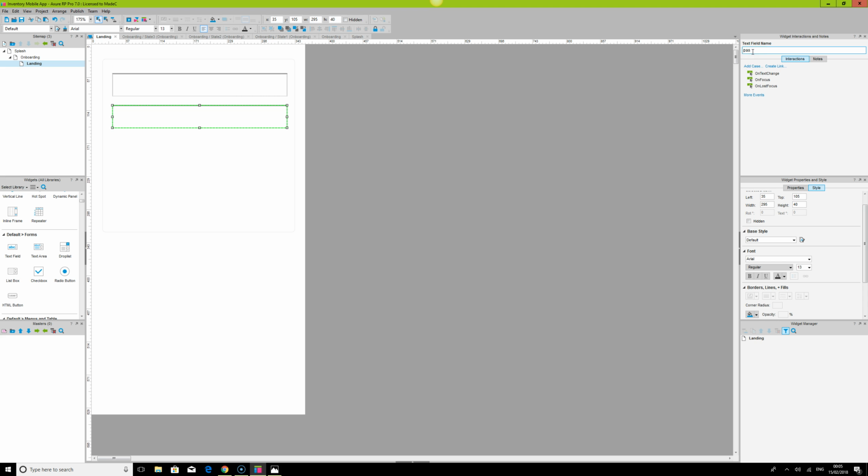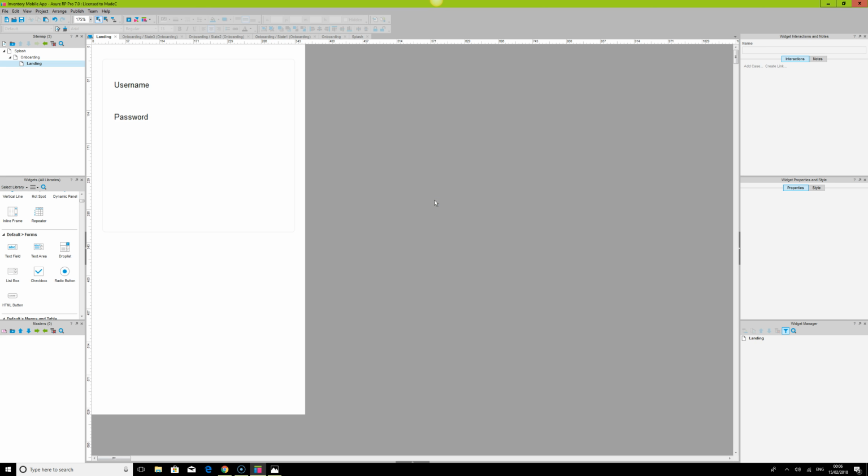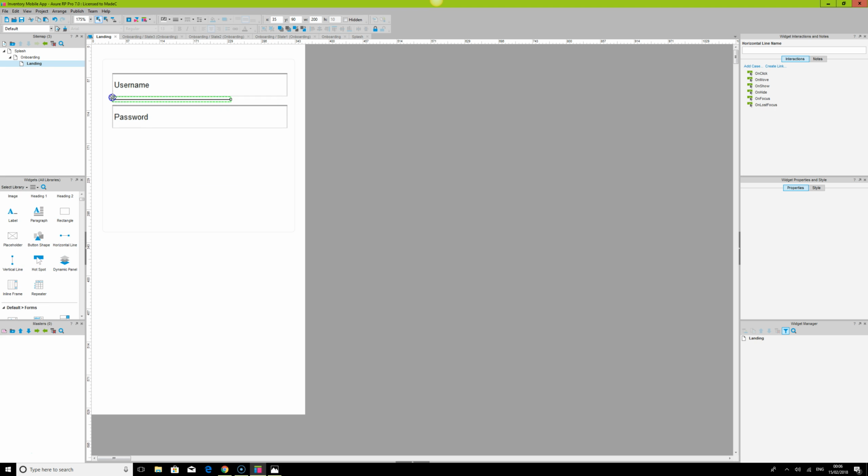password txt, and the properties here, I'm going to be changing this to password type, and I'll just give it a password hint so that the user will know what we want to enter into that. So we have username, and we're going to have that. Another thing I'm going to do is I'm going to hide the border, but before I do that, I'm going to get a horizontal line,